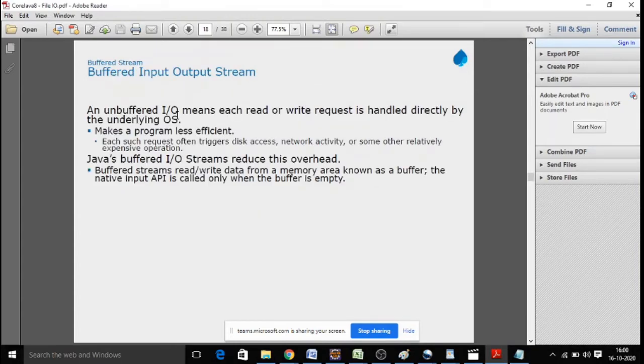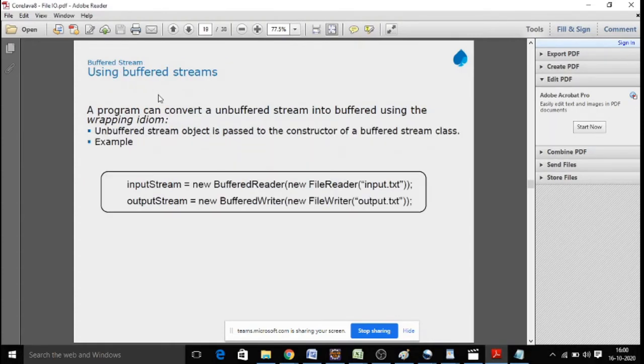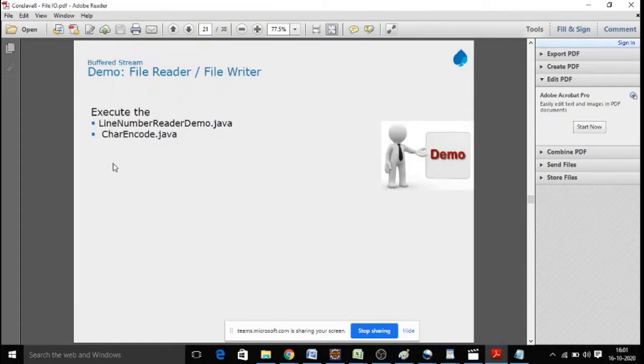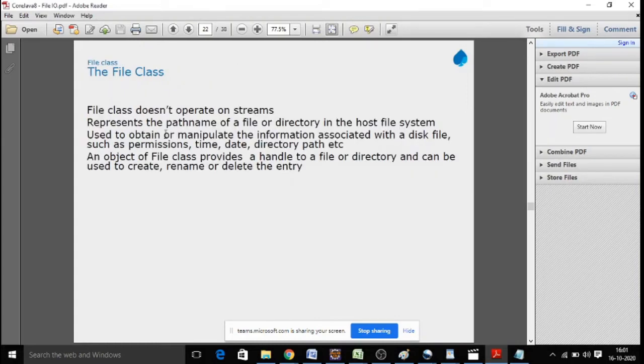And basically what is the purpose of BufferedReader, BufferedWriter, BufferedInputStream, BufferedOutputStream? At a time it can read and write a buffer of content, rather than reading one byte at a time or one character at a time. That is the effect of a buffered input stream. Streams always play an intermediary role, like a filtering kind of role. A buffered stream can read from the underlying input stream and it will speed up your read operation, right? So that is about your readers and writers. You can explore this.